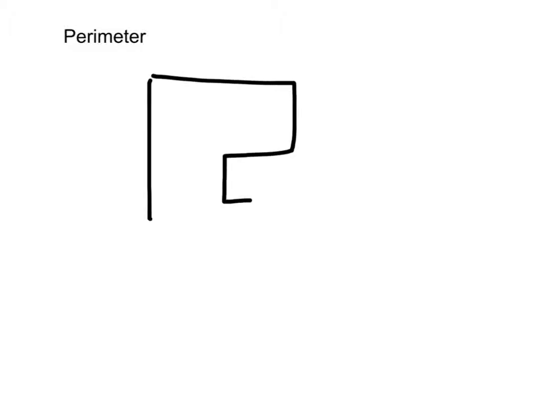So now we're going to talk about perimeter. So what perimeter is the total distance around a shape. So if I have this shape, the perimeter of the shape would be this distance plus this distance plus this distance plus this one plus this one plus this one plus this one plus this one. So it's the distance